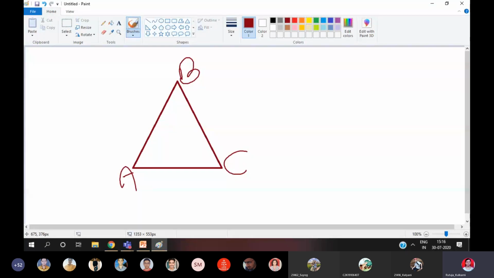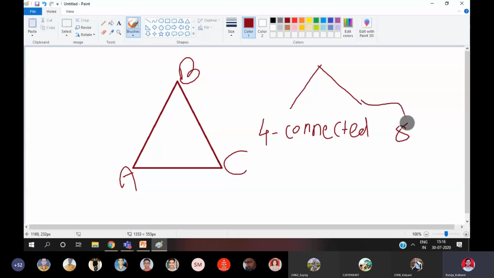So let's understand the concept. There are two ways you can fill the polygon. First is four connected, and another one is eight connected.